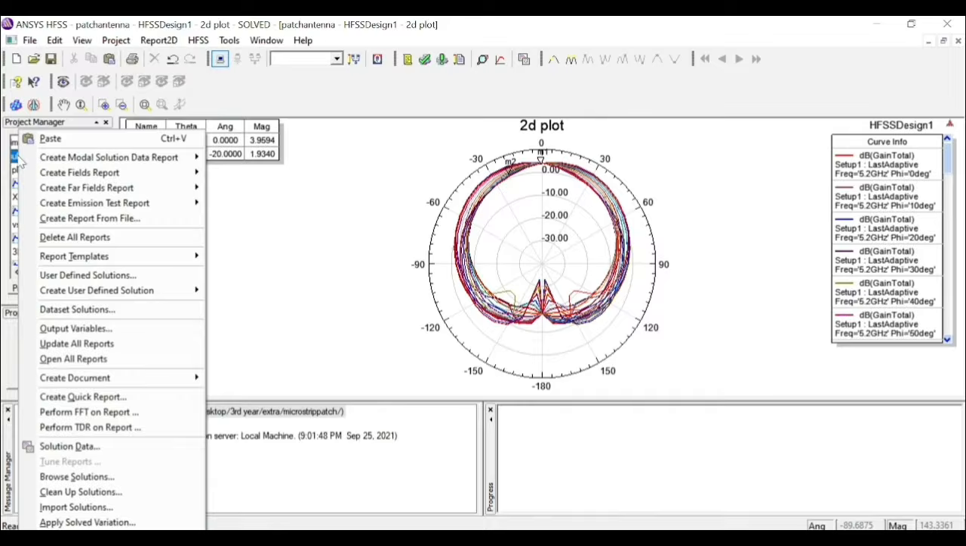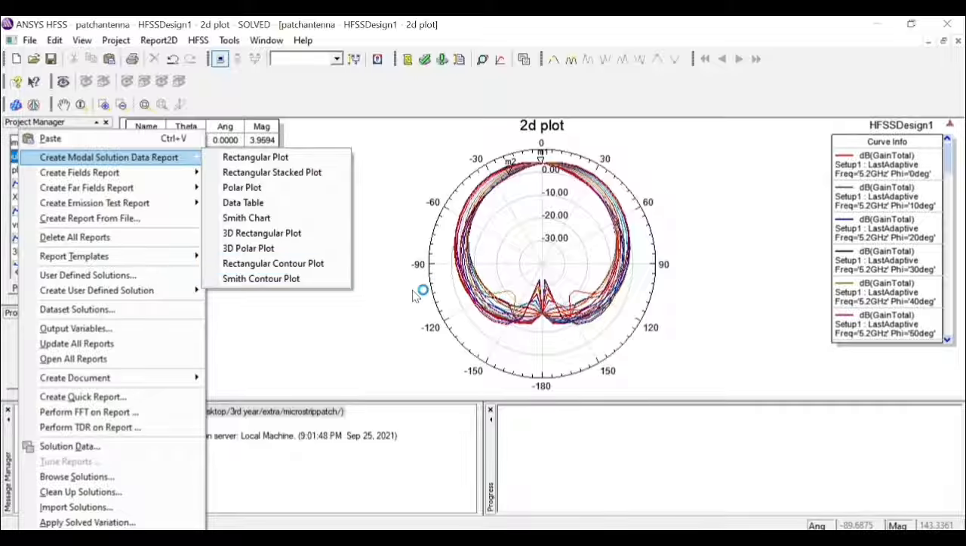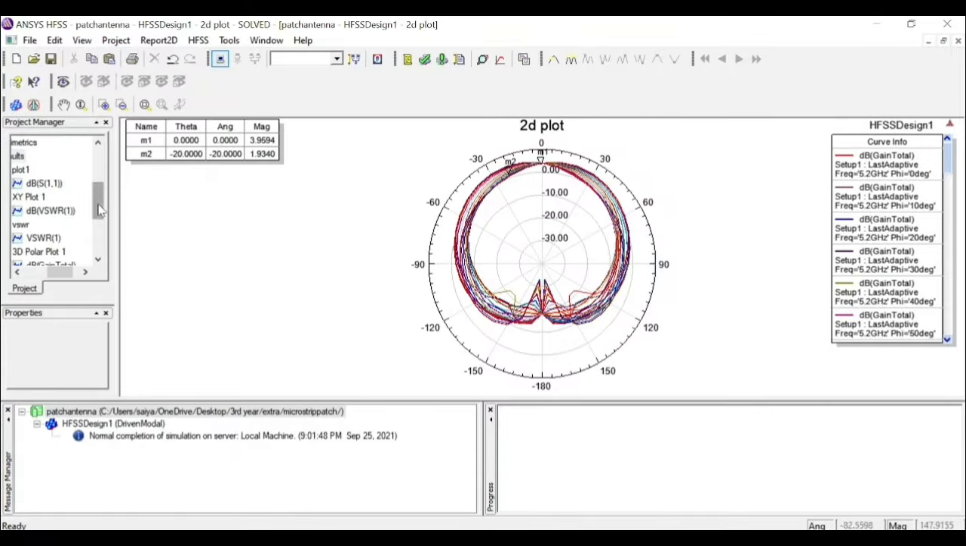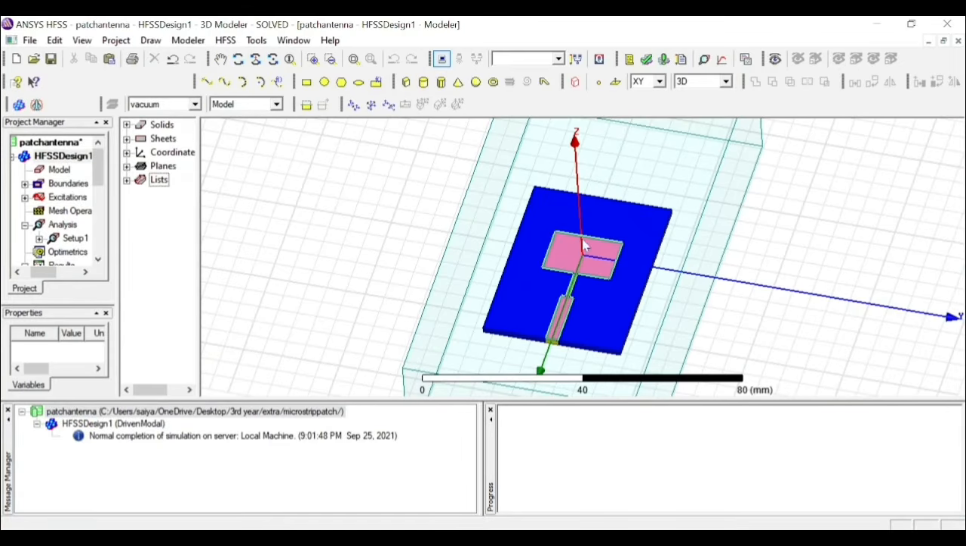Go to results. Now, yeah, go to results. That's it. These are the things. Now if you want, you can see the different graphs or other graphs also. Now let me say how you can visualize your electric field and magnetic field on this. To do that,